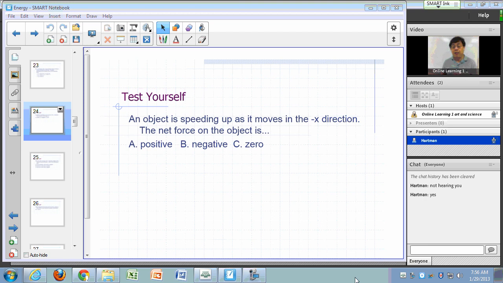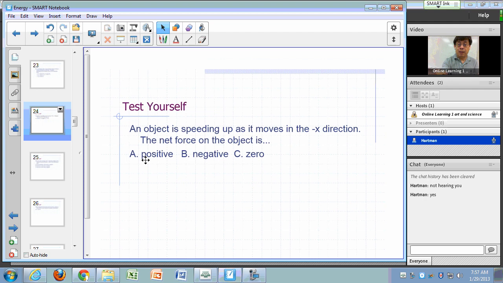An object is speeding up as it moves in the negative x direction. The net force on the object is A, positive, B, negative, or C, zero. Okay, so 85% for,